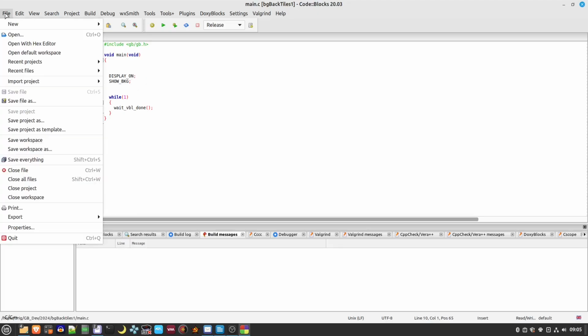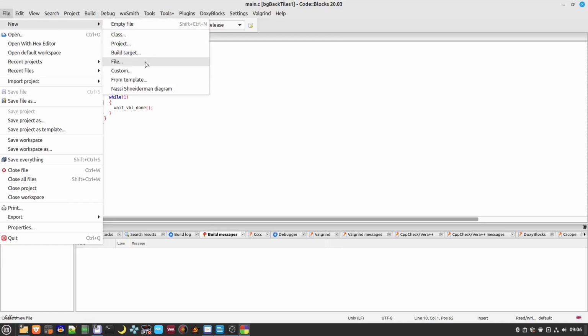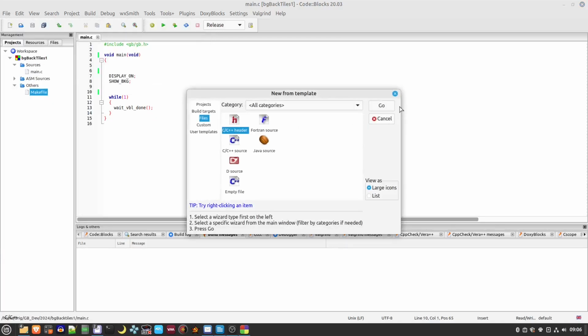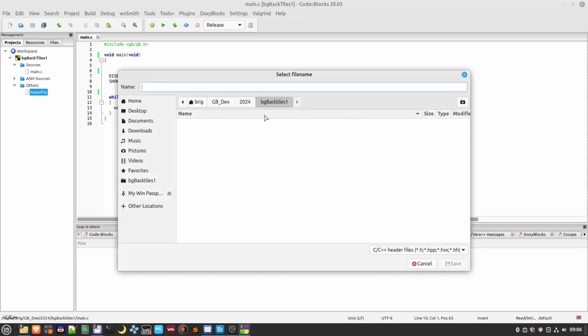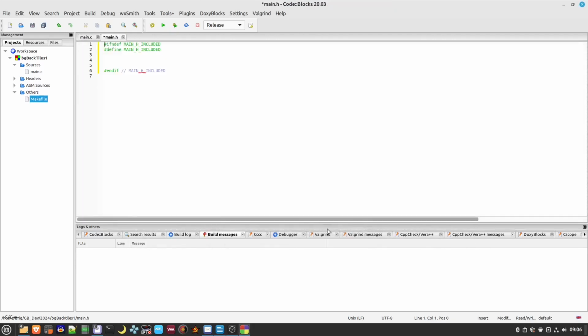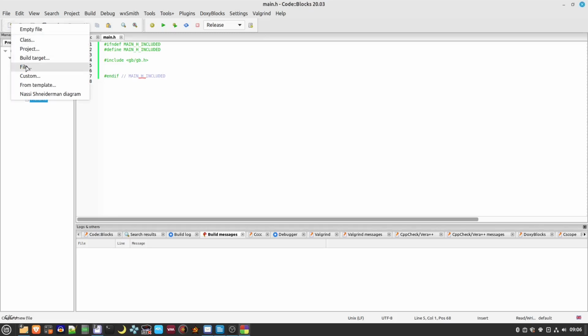So if you go on to File and then New, and then go on to File and then create a new header file, click All, go into the path and then call it main.h and save, and then finish. And now what we'll include in here is gb/gb.h, and then save that. Next we'll create another header file,